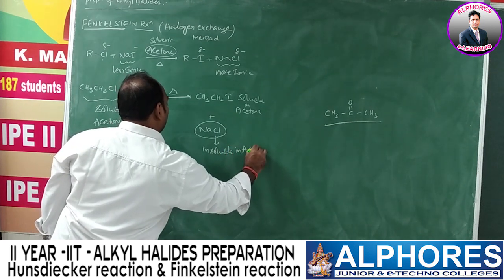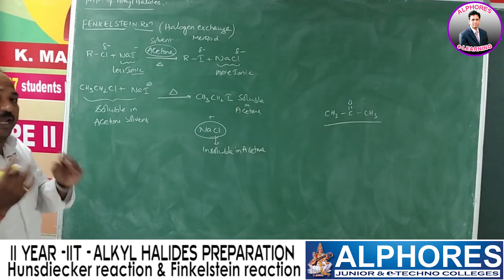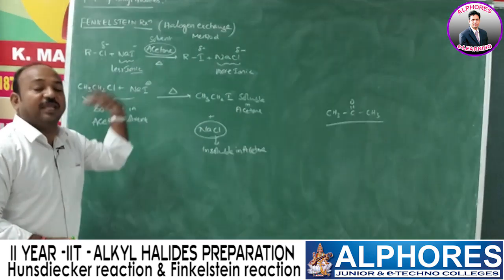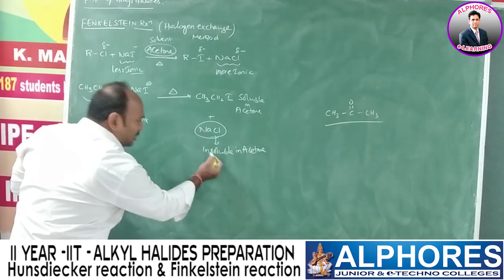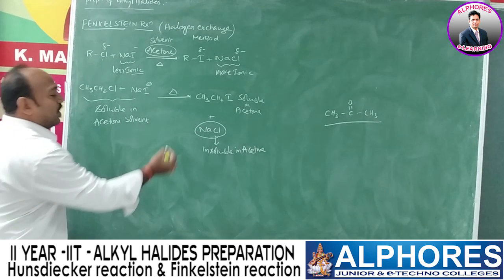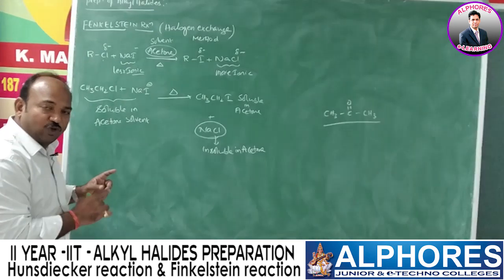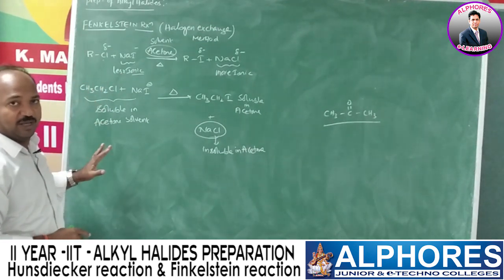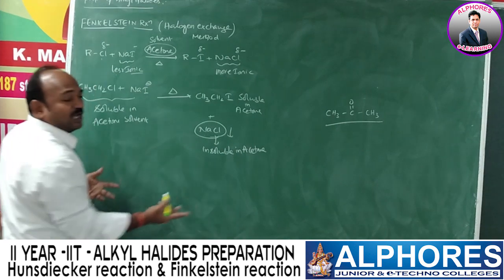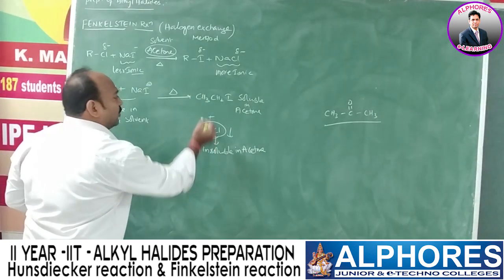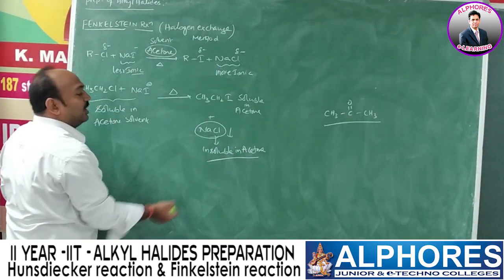If sodium chloride also dissolves in acetone, then is there any possibility to get back the reaction? But whenever NaCl comes out from the solvent, it is not going to participate in the medium. Here all the reactants must dissolve in the given solvent medium. Whenever one of the reactants or products does not dissolve, it is not going to participate in the reaction. So when NaCl is insoluble in acetone, it is not going to take part in the reaction.